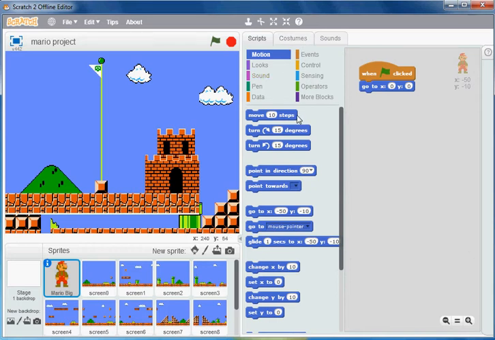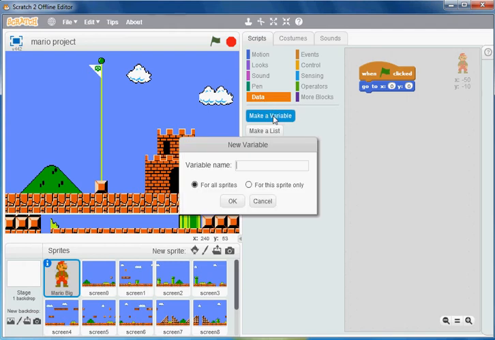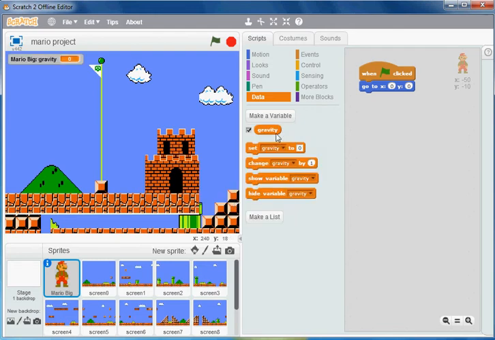And now what we should do is we should set our variables that we need. And in this project, we're going to need to start a gravity variable and a scroll X variable. So why don't we take care of the gravity first? So we'll go to Data. We'll make the variable called gravity. And gravity really can just be for Mario. That's all we need it for in this project. So we'll go Mario for this sprite only, and then we'll press OK. We'll set gravity to 0. Okay, that way we'll just let our equation handle it, and it won't take whatever the previous gravity of our last run was. It'll always reset it to 0, and then we'll let the operation that we make